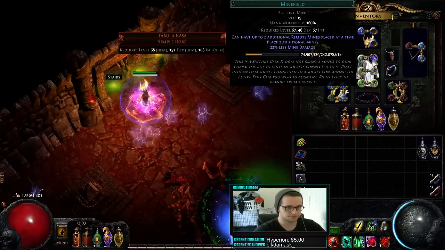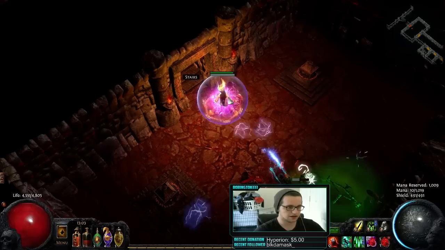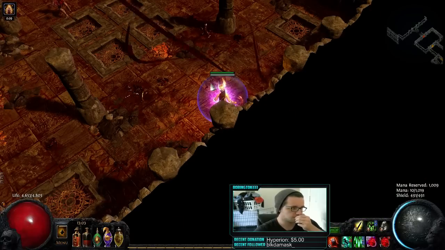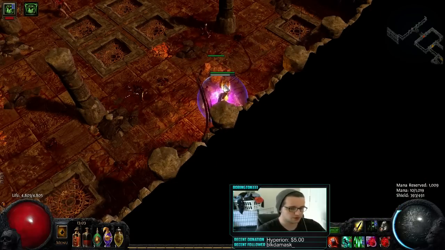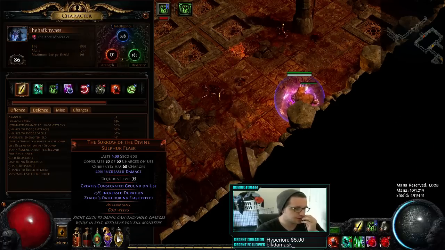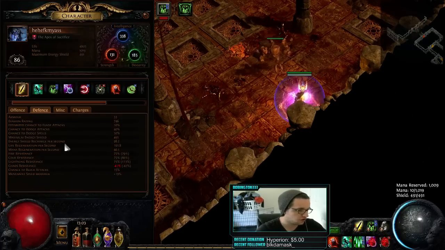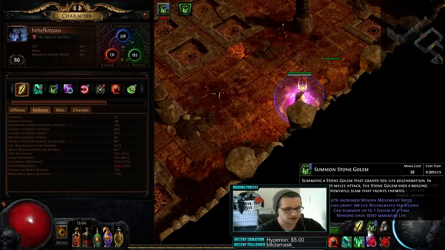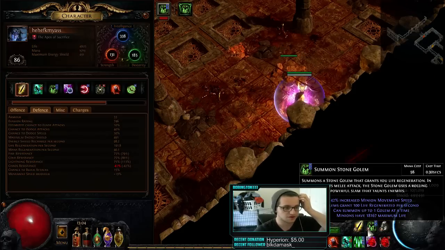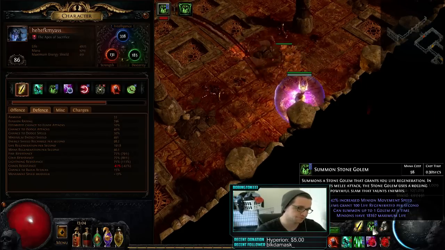But yeah, it's pretty incredible that this character has worked out so well. And again, the way we're getting our mana back is we have the Sorrow of the Divine Flask, which basically acts as a mana flask, and it gives you damage, so that's more damage that we're going to be doing. And that turns all of my life regen, which I have 191, and you have to use Stone Golem with this build. It is not going to work, but the Stone Golem is pretty tanky because I've got minion life, and I put